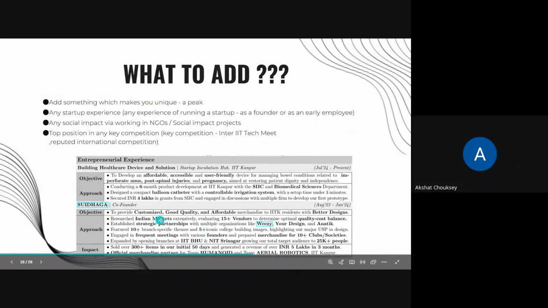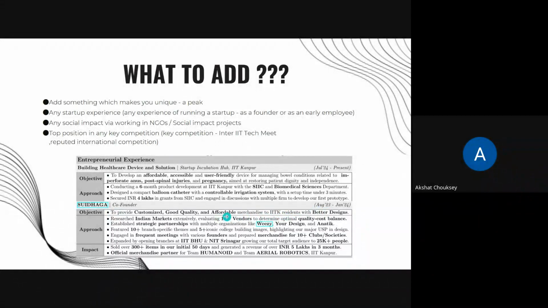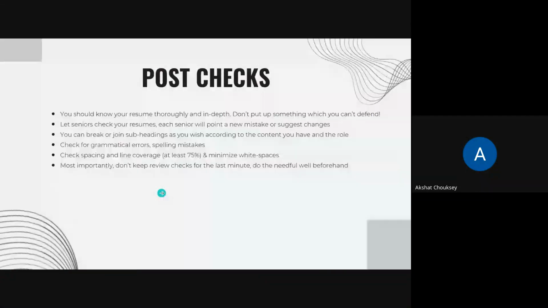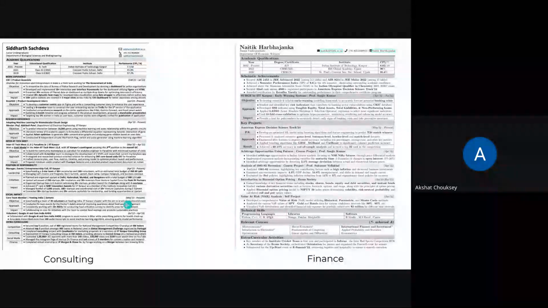Suppose I could have also written that I researched the Indian market and evaluated vendors to optimize quality balance scale, but I've written this 50. Try to include as many numbers as you can: 10 plus, 5 plus, 300, 5 lakh, 3 months, 6-month internship, 4 lakh funding. And also, if I show you Siddhant's resume, see for his POR as a